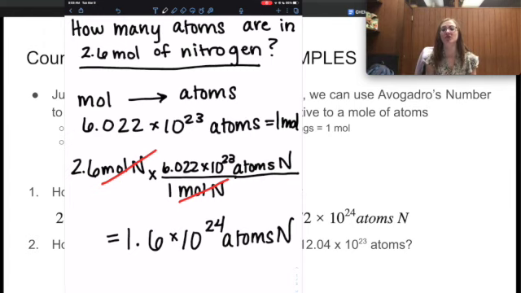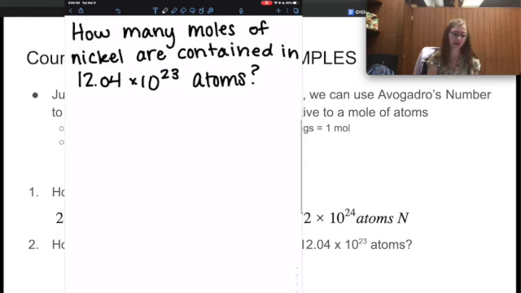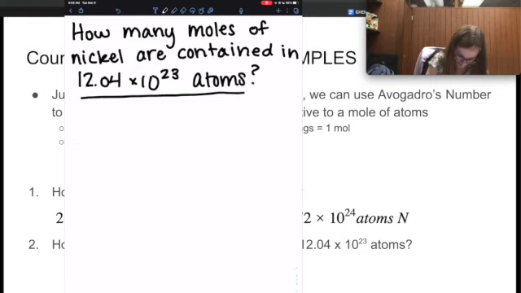So I just want to caution you right now, you have got to be certain that your answers are written in the proper manner. All right, so let's go ahead and do the second problem here. What we want to know is how many moles of nickel are contained in 12.04 times 10 to the 23 atoms of nickel. Well, it looks like here I have atoms, and it's saying how many moles. So I'm trying to go from atoms